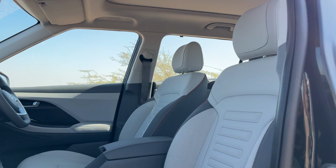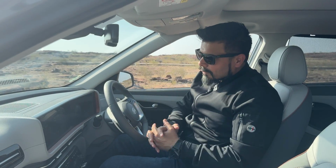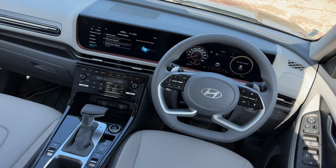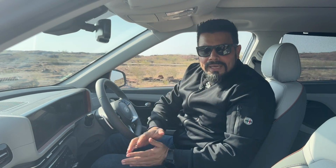might get soiled, although since it's not fabric, it should be pretty easy to clean. So with one of the nicest looking front cabins in the segment, which is also feature loaded, I think the new Creta does justice to its predecessor. Time now to go to the back seat and see what all has changed there and what features are available,